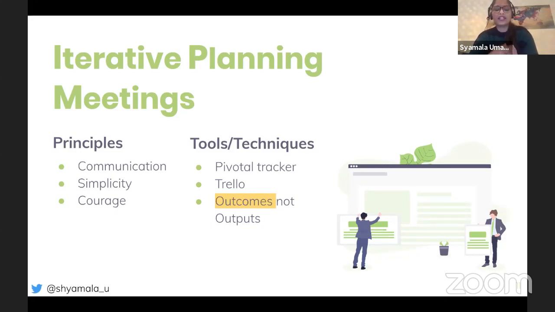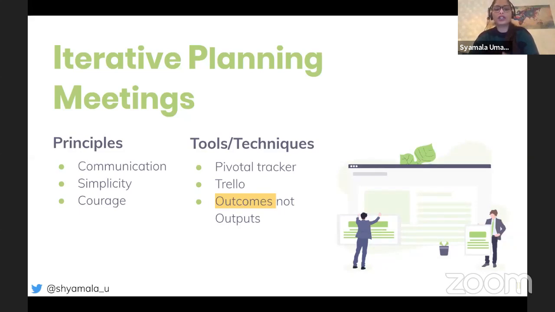And each of our user stories is sliced in such a way that it delivers value to the user. So every story that gets delivered is actually impacting the user in one way or another. In that sense, we are very focused on the outcomes, and we are not focused on the output.